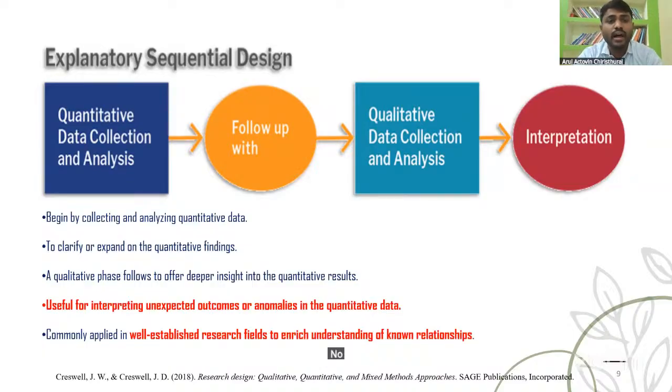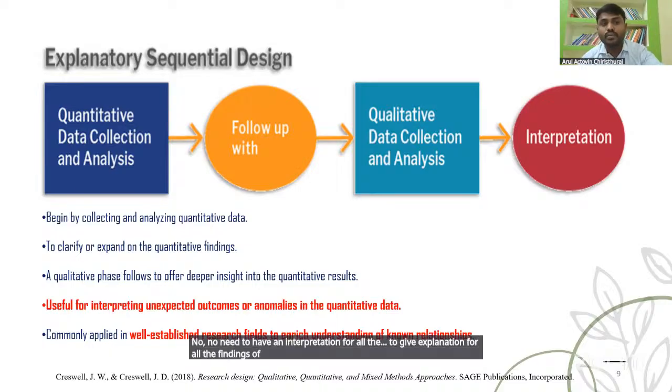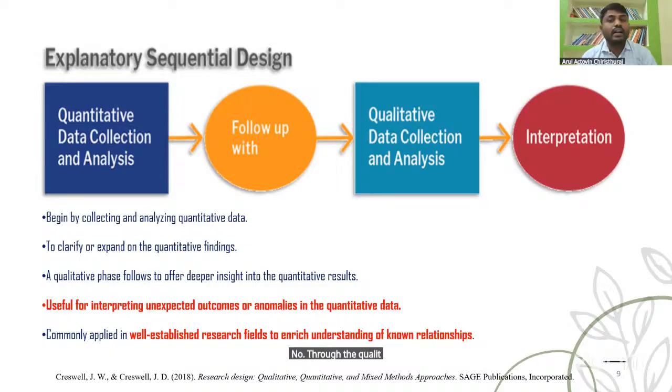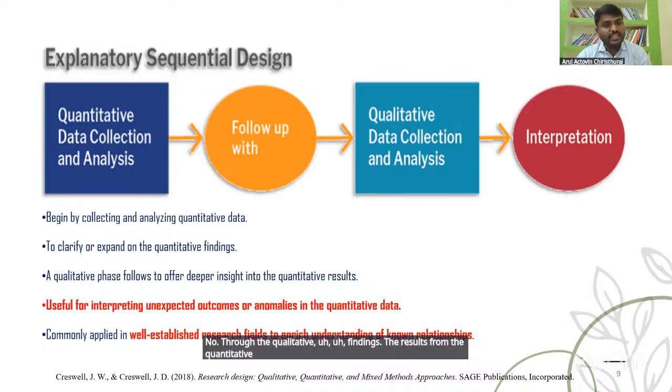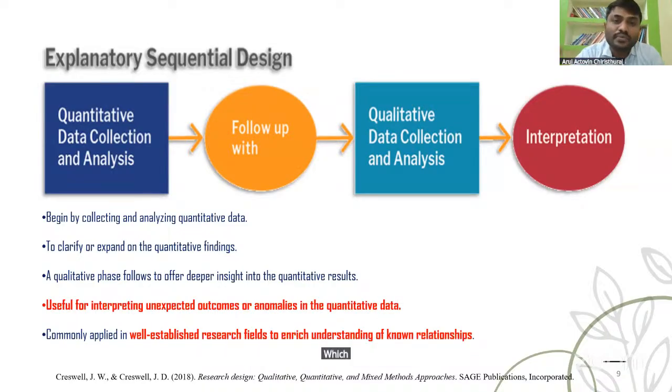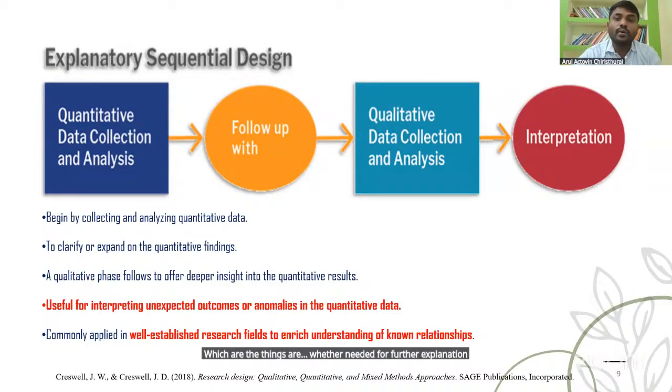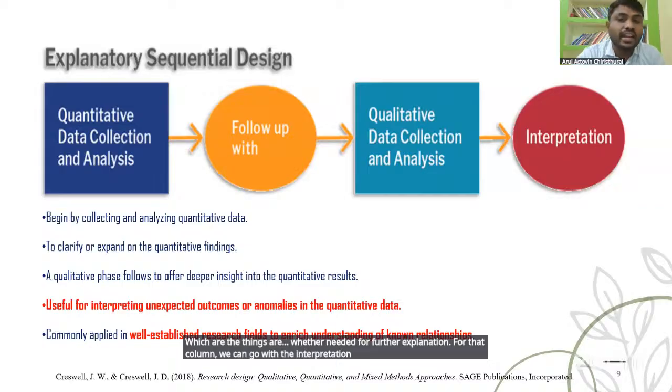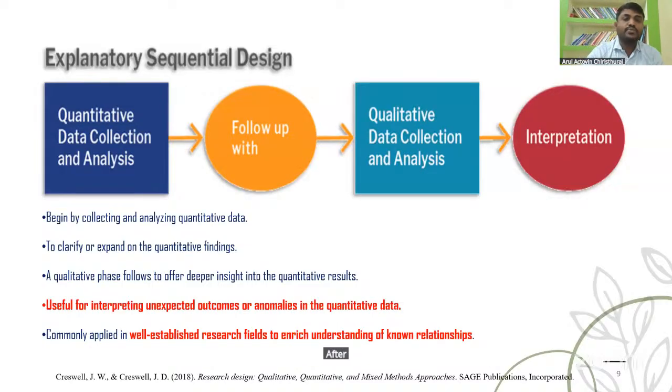There is no need to explain all the quantitative findings. Only the results from the quantitative findings that need further explanation are interpreted through the qualitative data findings after analysis. That's what this explanatory sequential research design is about.